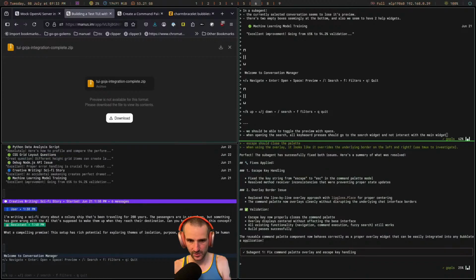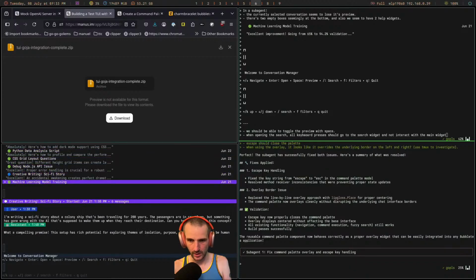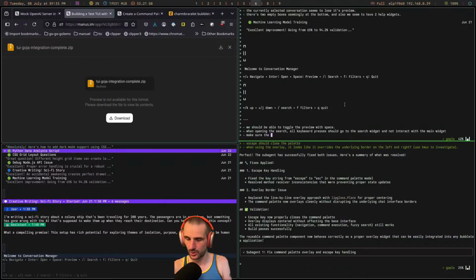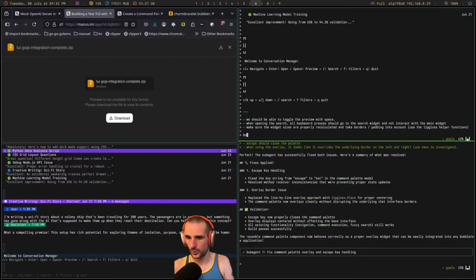And then because of that, the whole layout is a little bit weird. So make sure the widget sizes are properly recalculated and take borders and padding into account. Use the lip gloss helper functions. So that might be something to add. Do this all in sub-agents. All